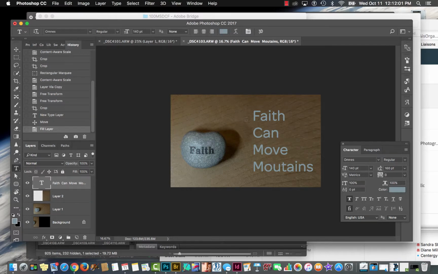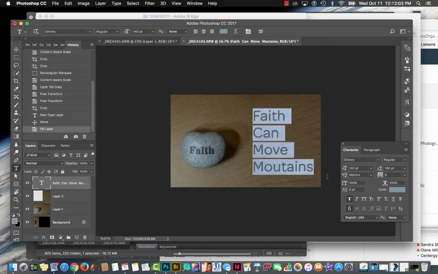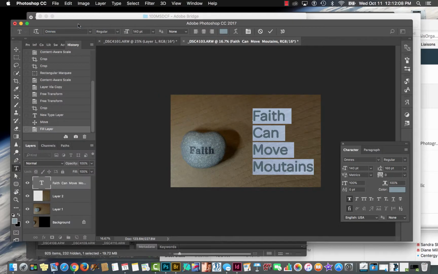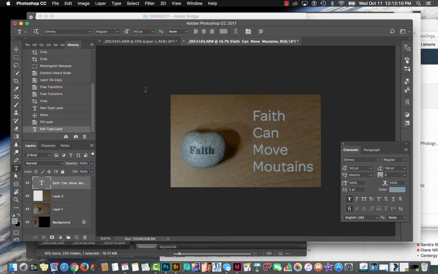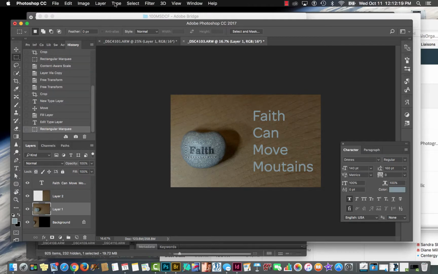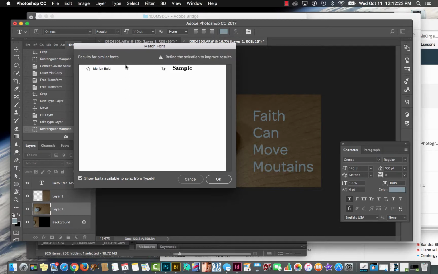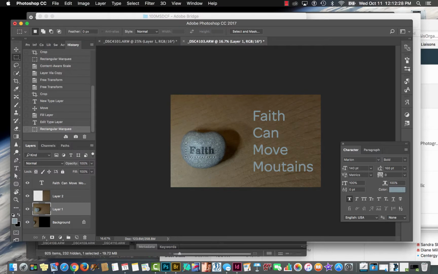I would come in here and use the same type if possible as on the stone, which you can. Oh, yes, let me tell you about using that. Come in here and make a rectangular marquee selection around that. Go up to Type, Match Font. It's going to search the best it can for the font, and I'm going to click OK. Marion Bold, and then come in here